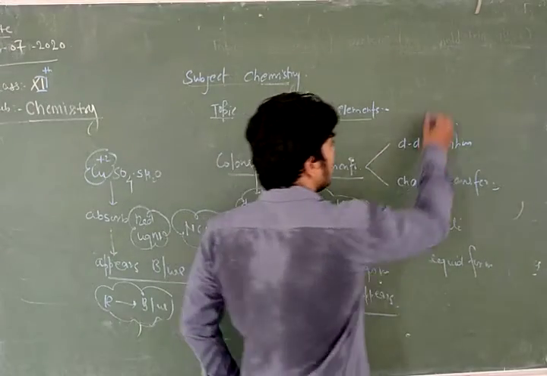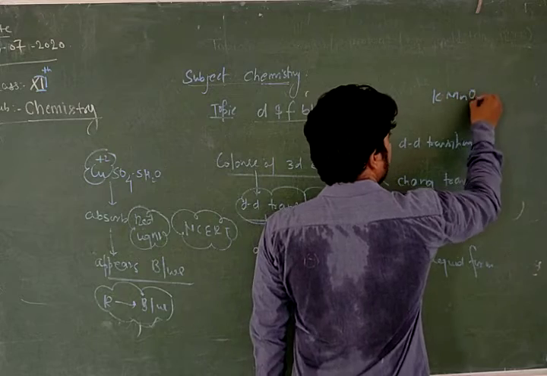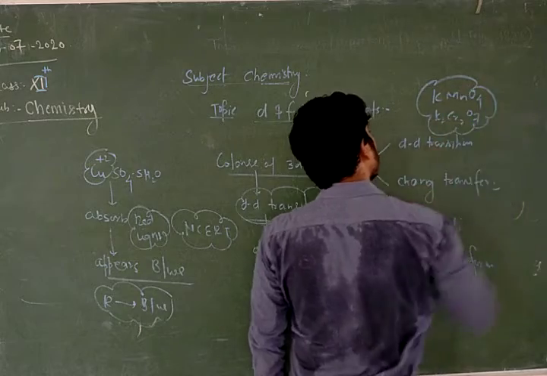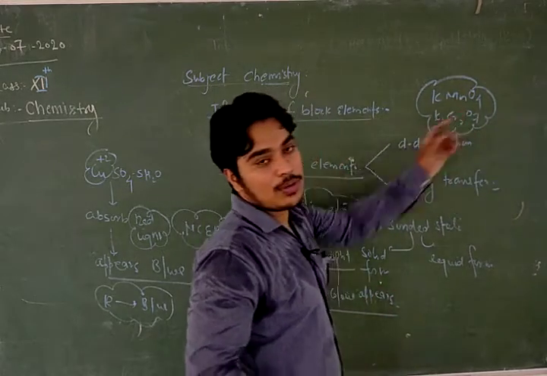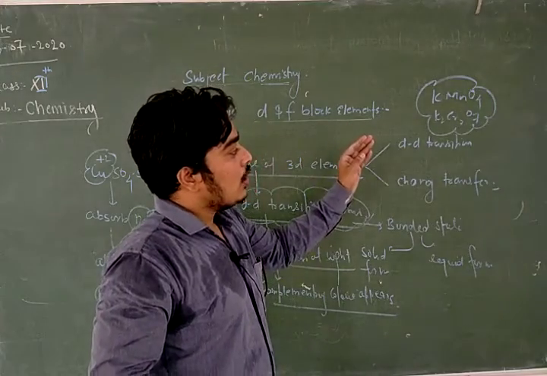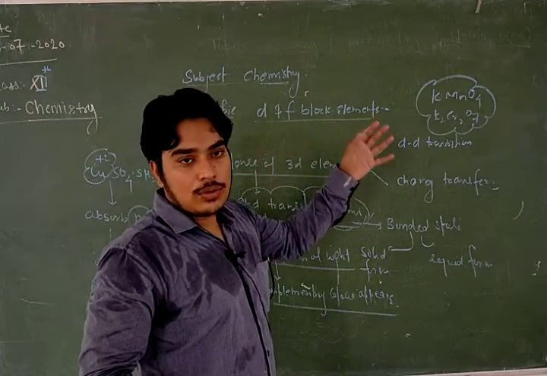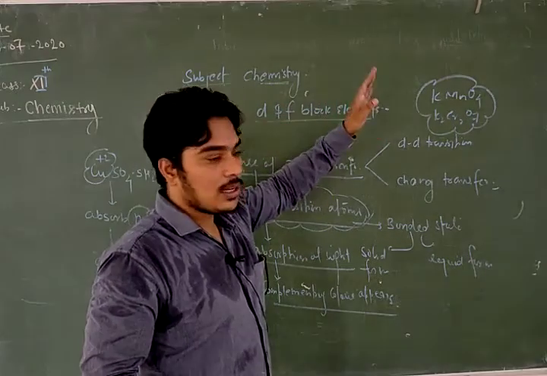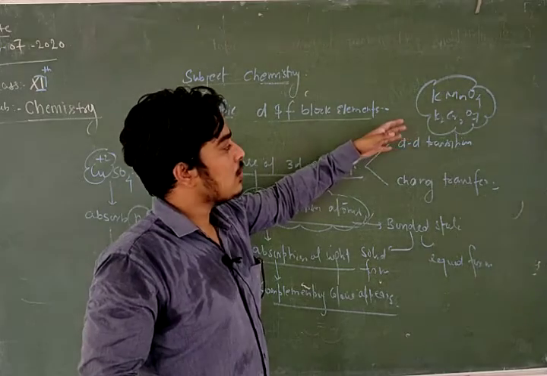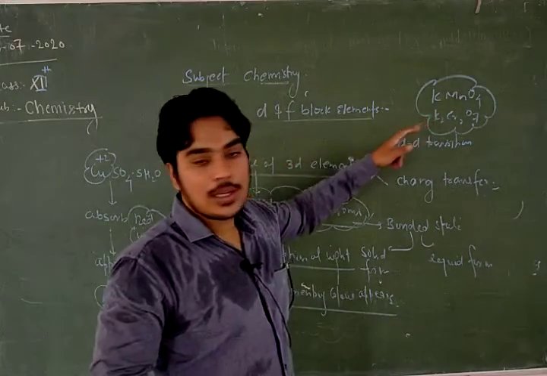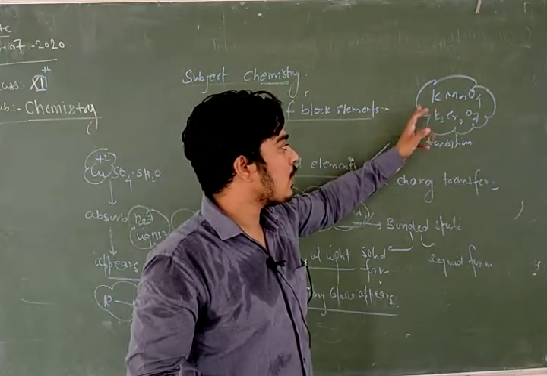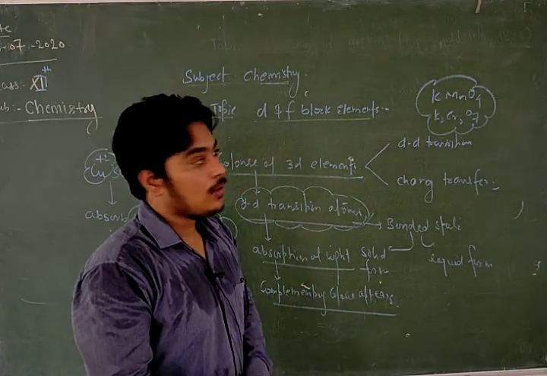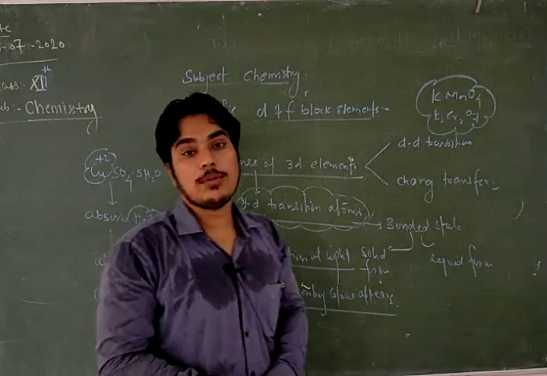There are two compounds. The first one is KMnO4. The second one is K2Cr2O7. These two compounds of the 3D elements manganese and chromium, you have to study their procedure, how to synthesize them in the lab, and their physical as well as chemical properties and their structure. These two compounds have been given in the NCERT book. You have to attend to these compounds. I am sending a PDF on the WhatsApp group, so you have to note it down, and please make sure that the notes are completed in the fair copy.